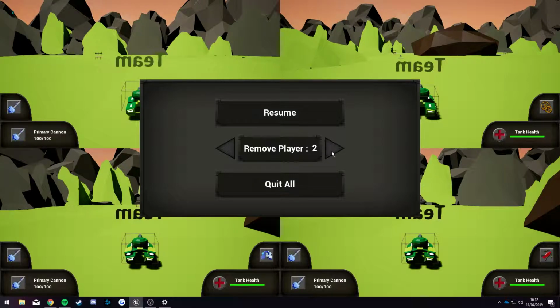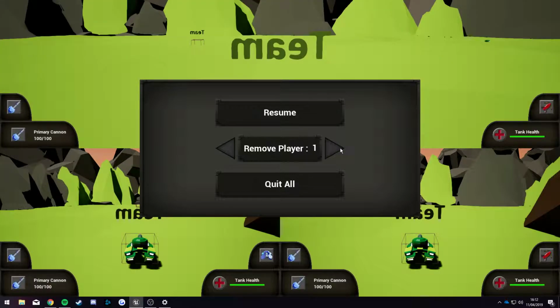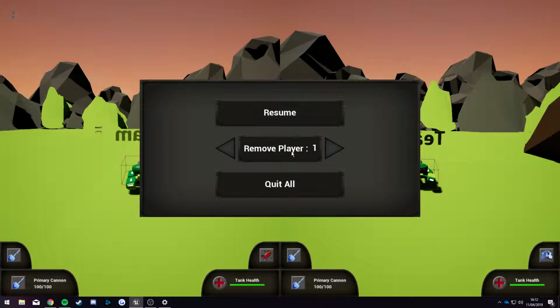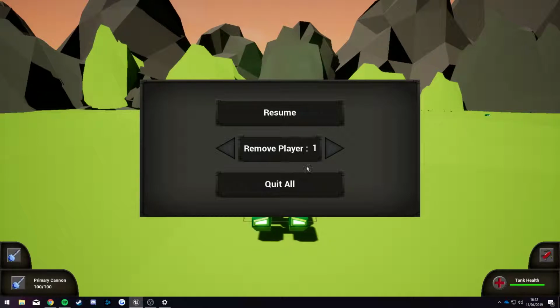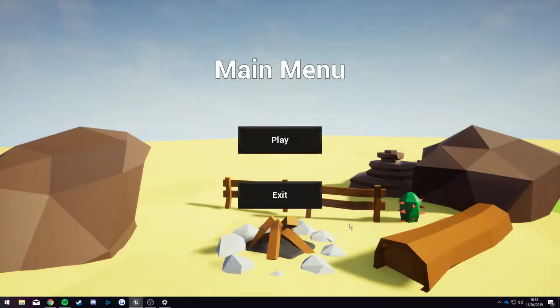So player 1 can remove any player, and the numbers are more akin to the controller IDs as opposed to the player names, as in player 1, 2, 3 and 4. So remove player 1 removes player 2 in more layman terms, but players can be removed at any point during the game and the count does automatically adjust. The quit all button returns back to the main menu,